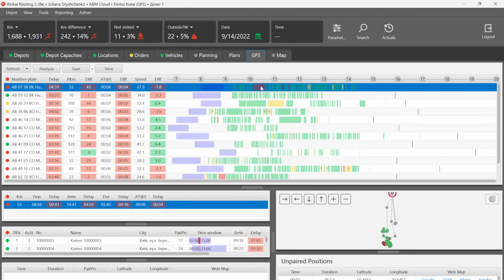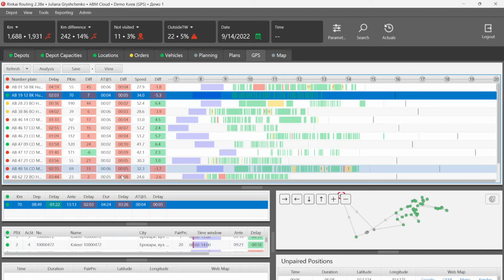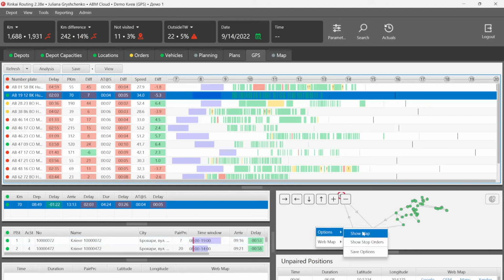And by clicking on each block, we can see overall information about the client, the address of the client, the time window, arrival time, departure time, the duration that the driver spent at the location of this client, etc. Let's get deeper into the example of this table. For example, let's choose this vehicle. All delivery points were completed successfully, and we can see here, first of all,